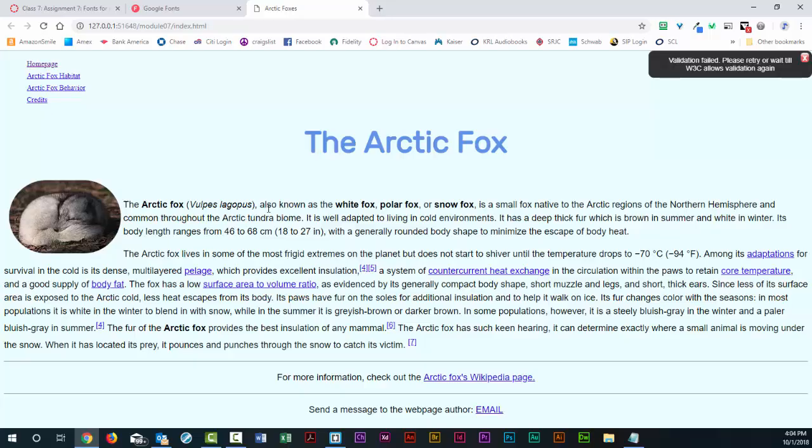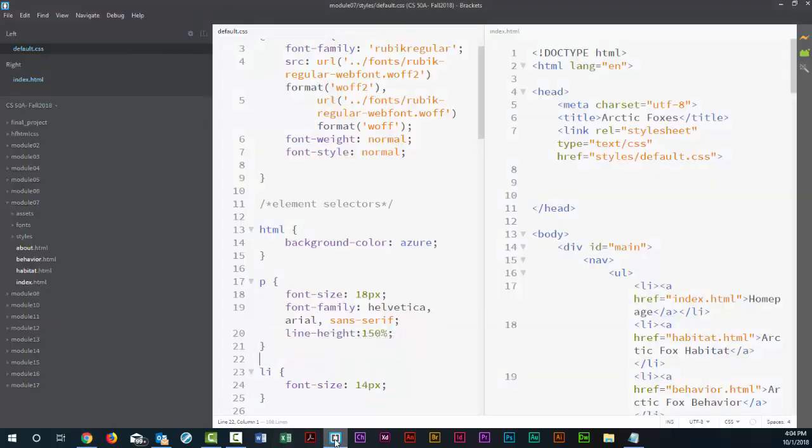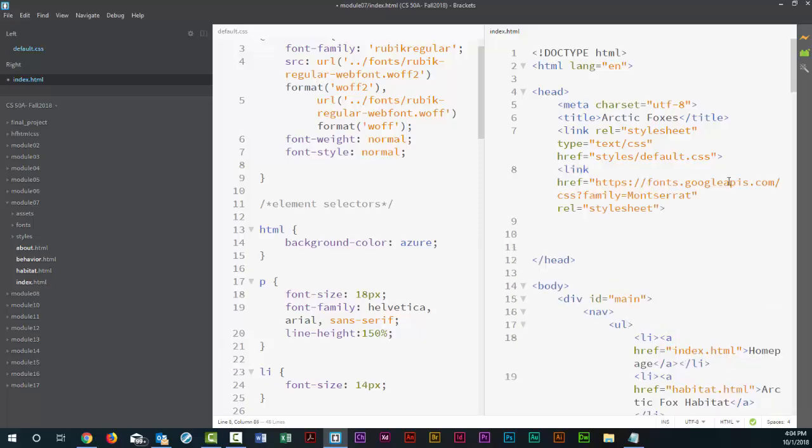But if I wanted to get things going a little more interesting, what I would do is go into my Brackets program, and on my HTML page itself, I would take that link that I copied earlier, and I would put that inside of the head tag. And it is using the font family Montserrat. What I'd have to do now is decide in my style sheet which element would be using the